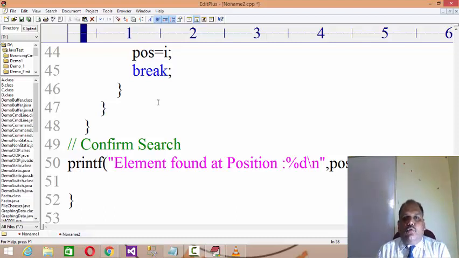If the entries are random in nature, then you go for linear search. The probability of search is n, because there is no sequential arrangement of data. And if the data is arranged sequentially, then you go with binary search. Binary search depends on the logic of divide and conquer, where you find the mid value and then decide whether to traverse to the top or bottom, or the element is available at the mid value. So this is the way you can implement the searching techniques. Hope you understand it. Thank you.